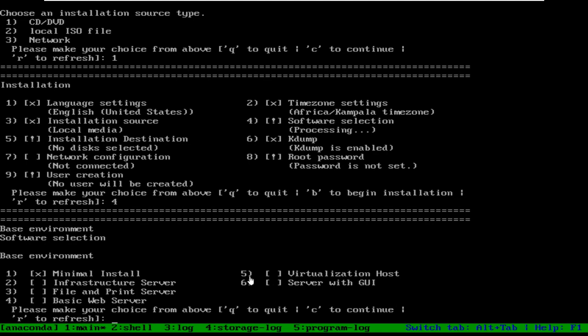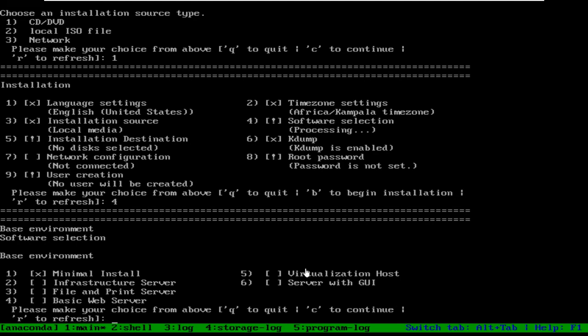For that, if I select number 5, it will install all the software required for virtualization. But all these options, number 1, 2, 3, 4, 5, are not graphical. Remember, they are not graphical. They all go for command line installation. Whichever of these options you select, when you complete the installation you will get a command line interface,